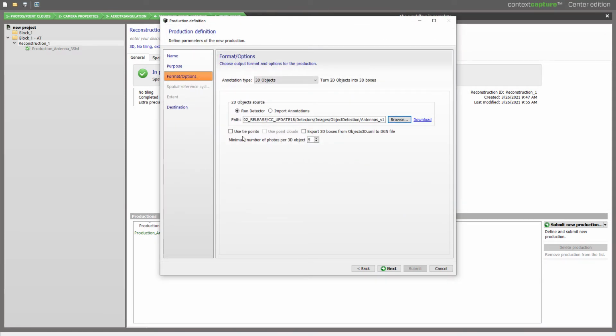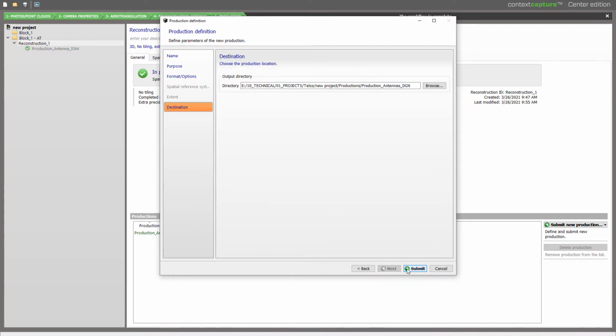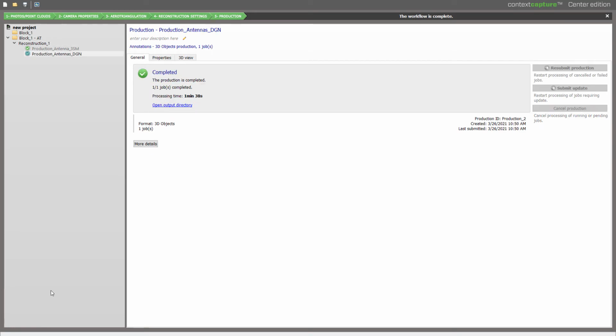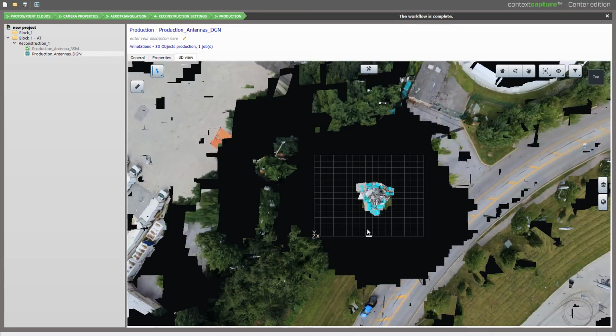Then you will choose whether or not to use the type point to get better results, export or not as DGN, and the number of images required to create a 3D object. Submit, the engine processes the job, and after a small amount of time, you are able to review your result